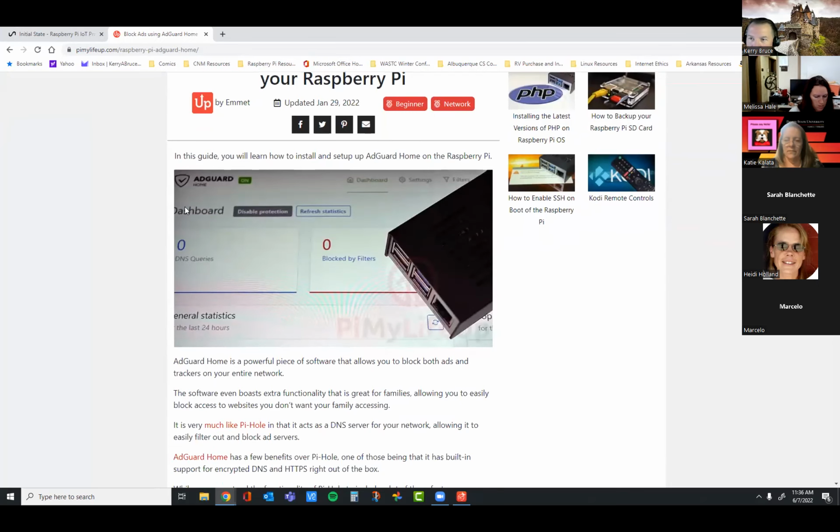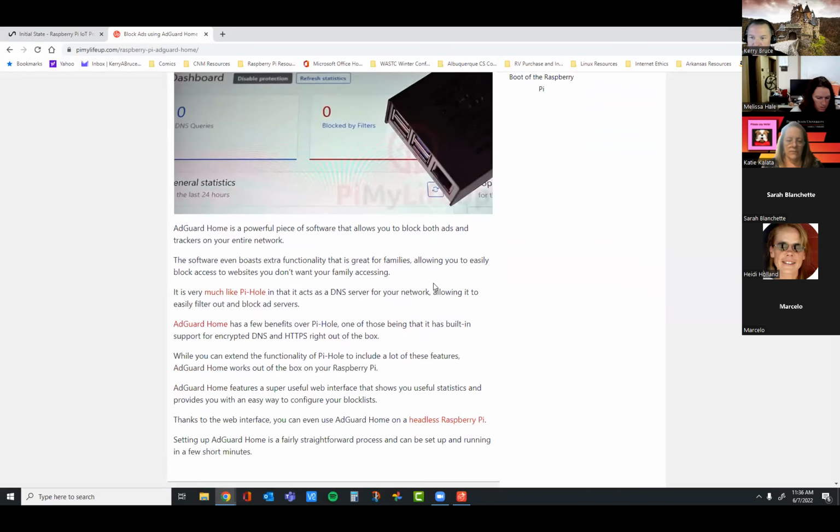Usually we don't. In this guide, we're going to install AdGuard Home, an open source ad blocker, on the Raspberry Pi. I mentioned Pi-hole before, which is another ad blocker.